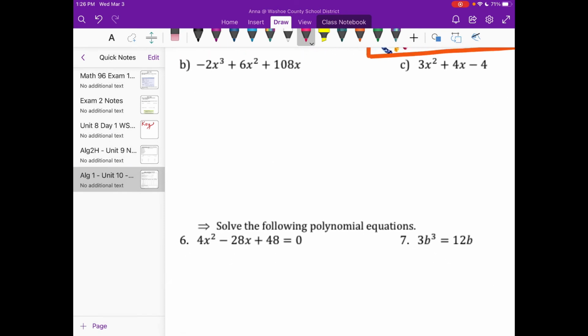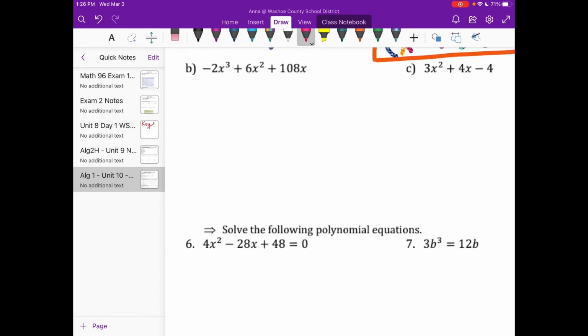All right. B. I'm going to start B for you, but then you're going to finish B. So on B, I don't like this negative. I know you don't either. And all of these guys have x's, so we're going to take out a negative 2, and we're going to take out an x. So everything is going to get divided by 2, and everything is going to lose an